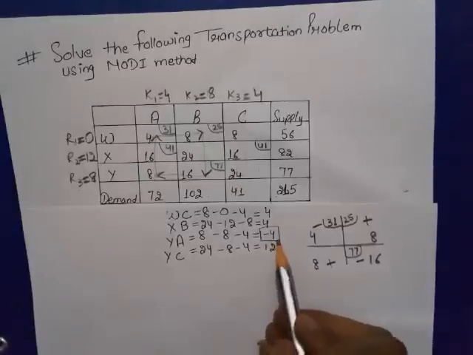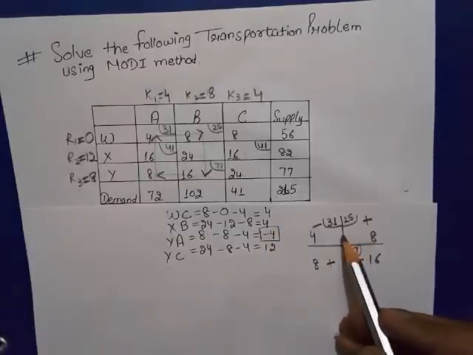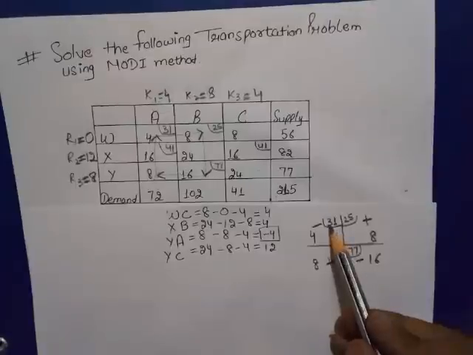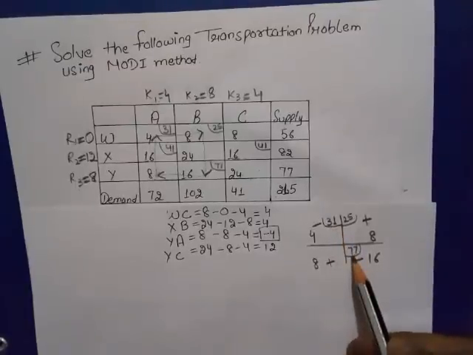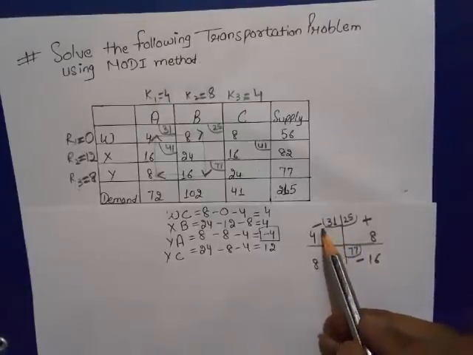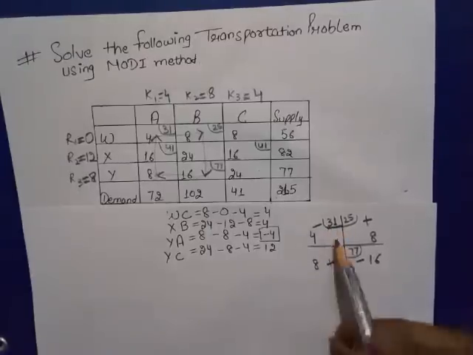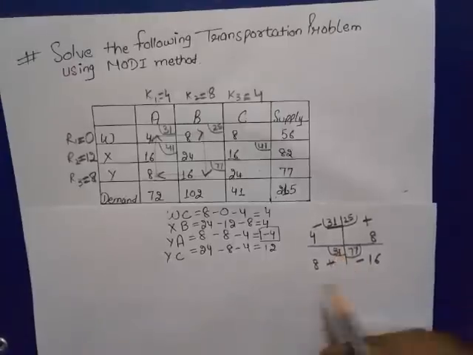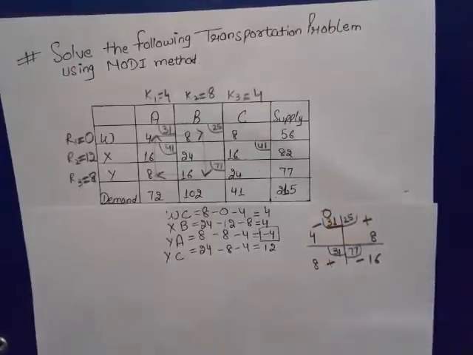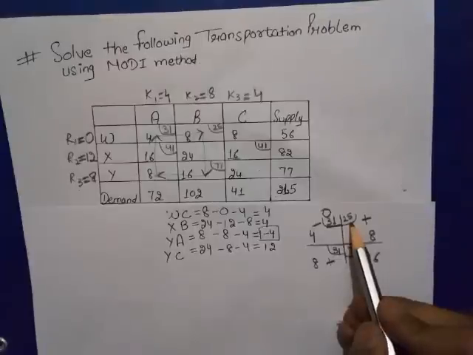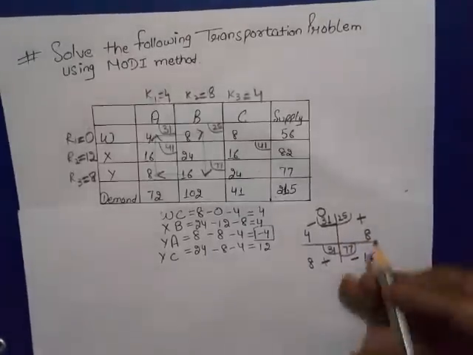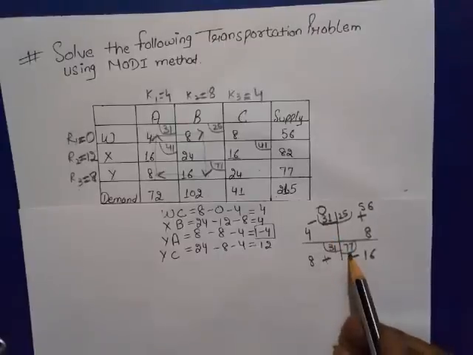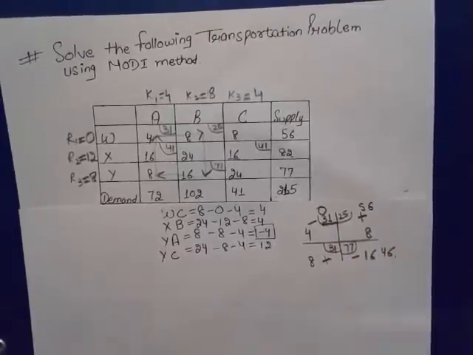In this we have selected the highest negative. In this we have to select the lowest negative. These both are positive, so these two are negative: 36 and 77. Which is the lowest negative? That is 31. So we have to select this and make the changes. Add 31 in this to make it an occupied cell, minus from this to make it an unoccupied cell. In the same way, add 31 in 25, make it 56, and minus 31 from 77, make it 46.